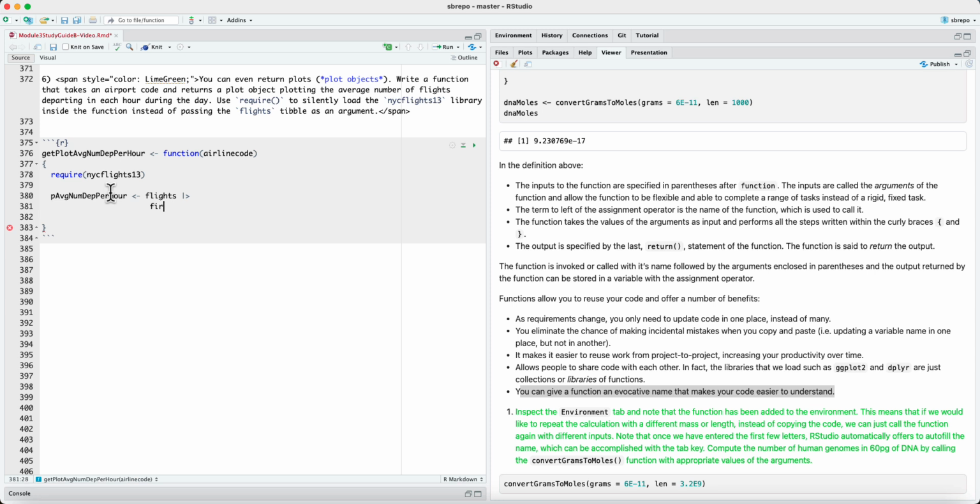And that's because we are only interested in flights from the carrier matching this airline code. So we'll filter for this airline code,